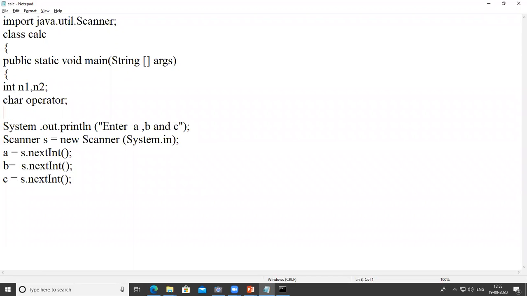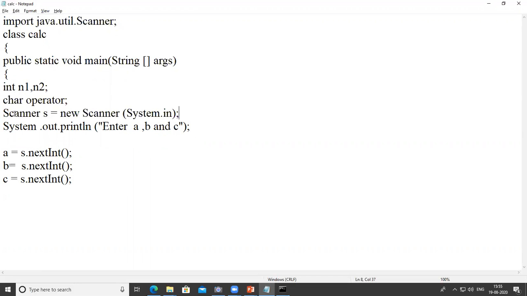First of all, we have to get the user's choice, or we can give it the name choice. So, enter your choice: plus, comma, minus, comma, multiplication, comma, division, and scan it and store it in a variable.